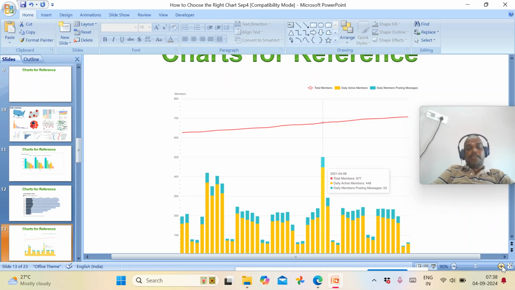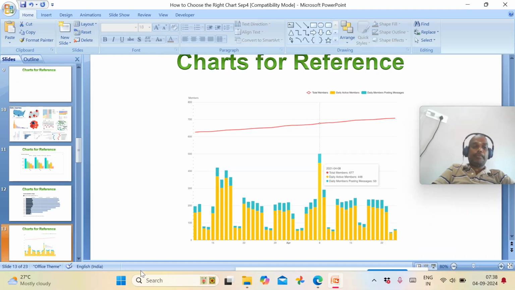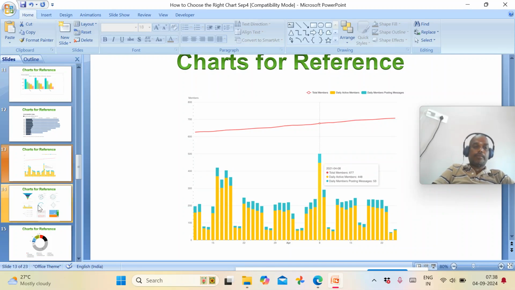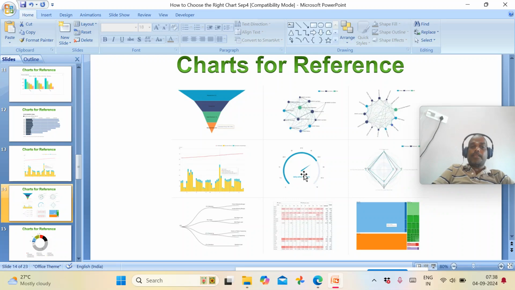Combo chart is a bar chart plus your line chart. Here, in the line chart and the bar chart, we are showing two variables. So that is quite interesting about this chart actually. And the next chart, I'm telling you, is a funnel chart,